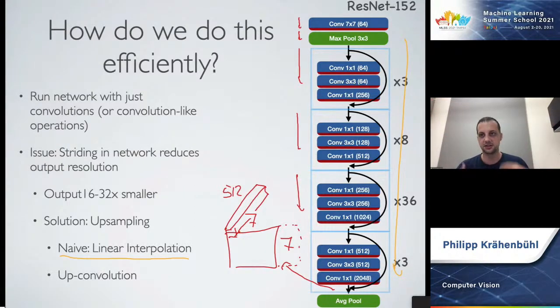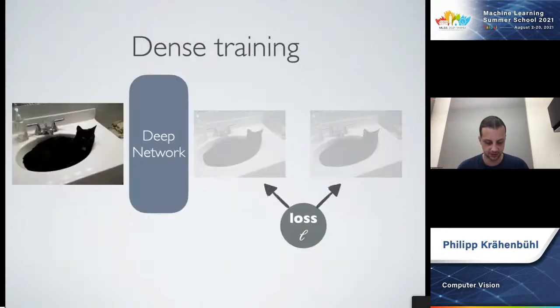But this allows you to take the residual network and now make it so that you can run it over an image and get a dense output, all right? And so this part here is now done, right? We now have a network that can take an image and produce a dense output. The only thing that's left is trying to figure out how do you actually train this network.